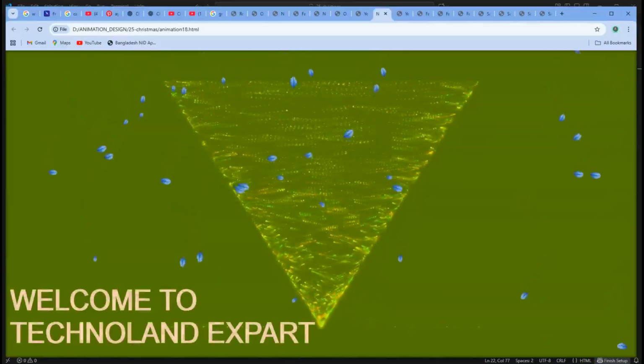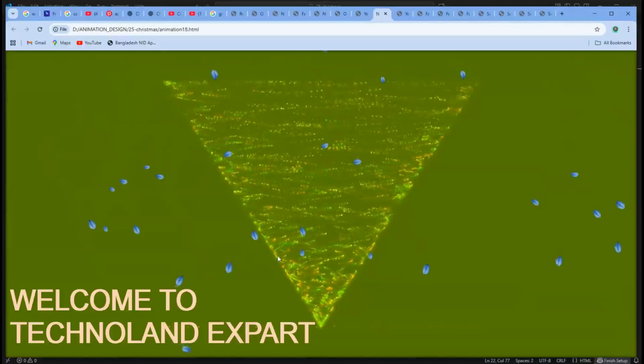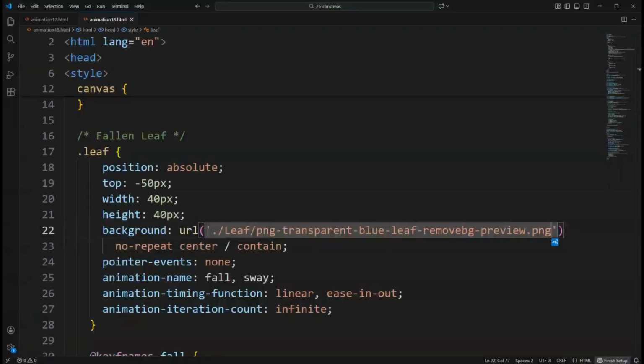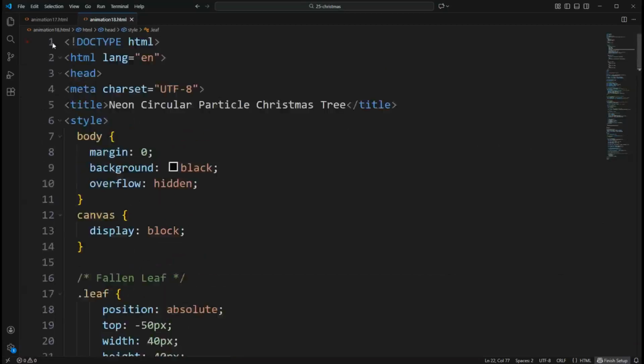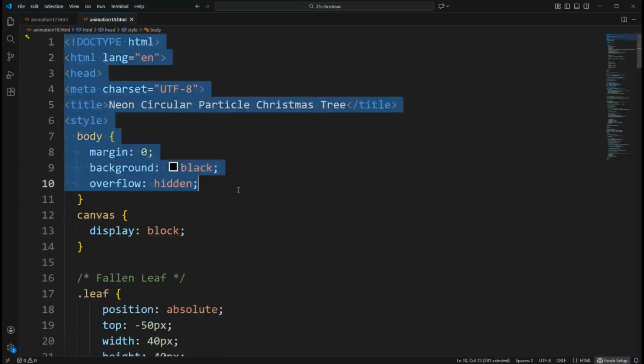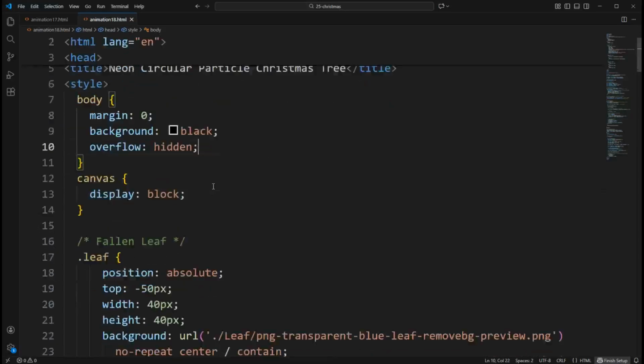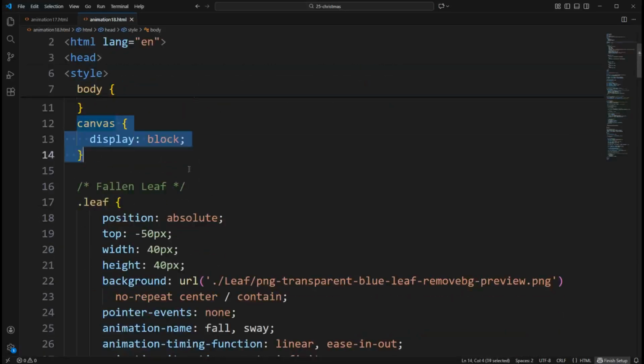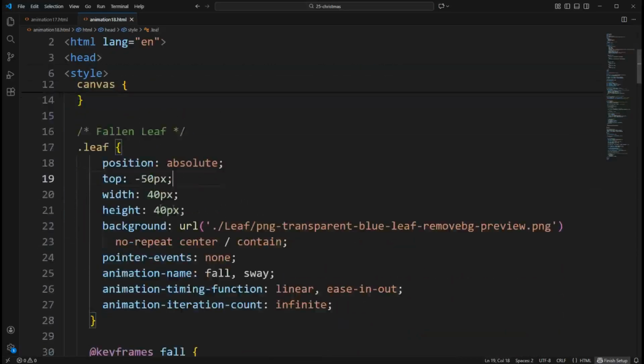This HTML document creates an animated festive scene combining a neon, circular particle-based Christmas tree drawn on a canvas with gently falling decorative leaves layered on top using CSS animations. The page sets a black, full-screen background and uses a canvas element to render the tree, which is composed of